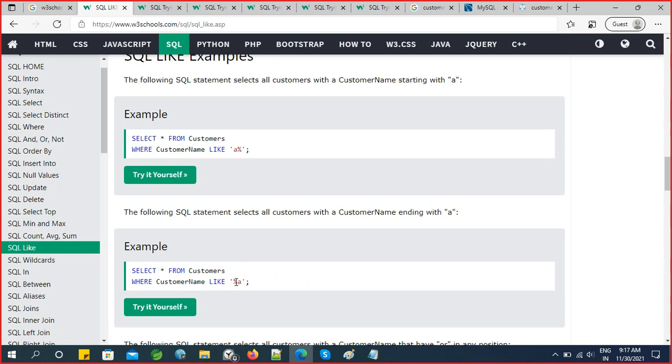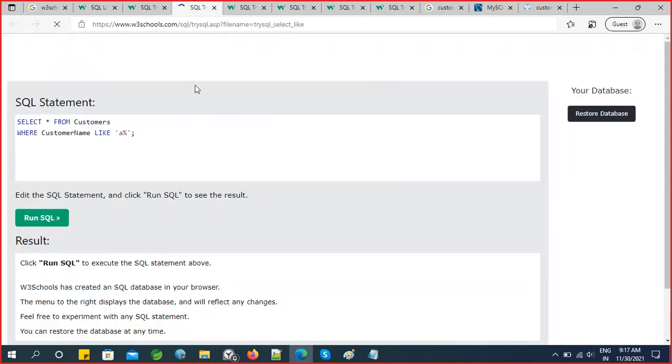Okay, this percentage is variable. So if you mention this percentage after A, any customer starting with A is returned. If I mention this percentage before A, the customer is ending with A. So just the percentage position is going to vary basically. So if you click on Try it now,